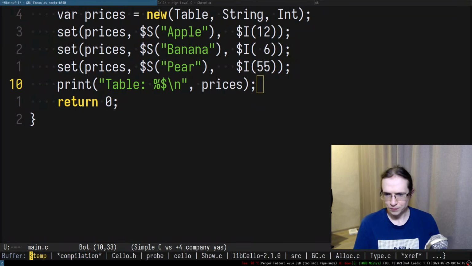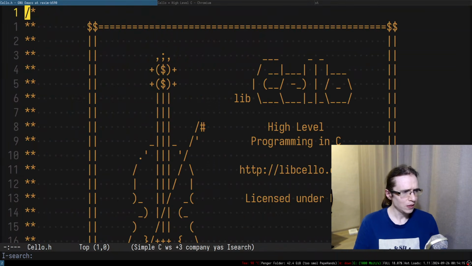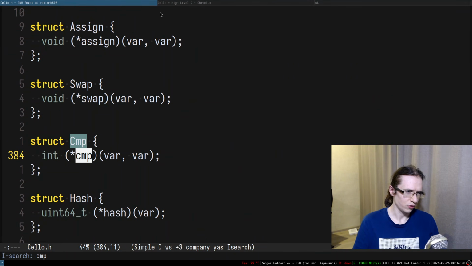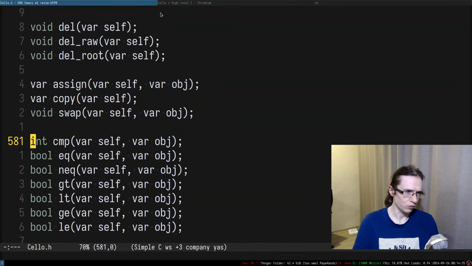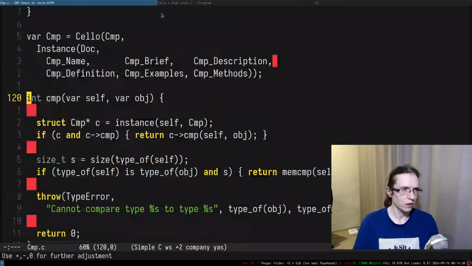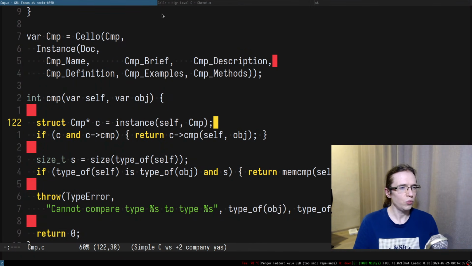All right, so let's take a look. I'm really curious about that. So define CMP. Okay, CMP is not that. Okay, so there's a struct CMP. All right. Self and other object. Okay, let's take a look at the implementation of this thing. All right, so we take an